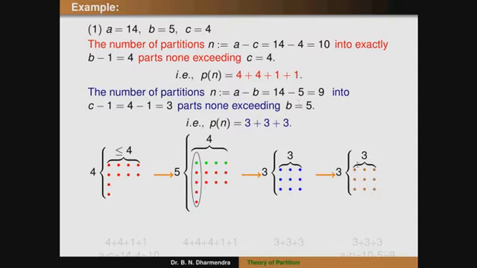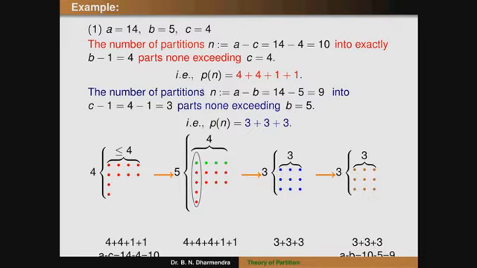Each column that we have to observe is not exceeding 5, that is b equal to 5. So therefore it can be written as the graphical representation. In terms of the first one, a minus c is equal to 10. The parts of the partition can be written as 4 plus 4 plus 1. Finally it should appear as 3 plus 3 plus 3, that is a minus b is 10 minus 5, which is equal to 9. So definitely that must satisfy the condition.